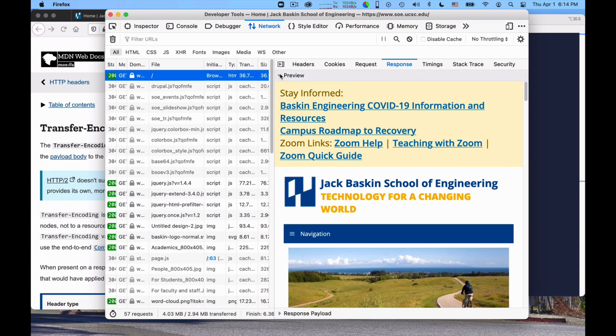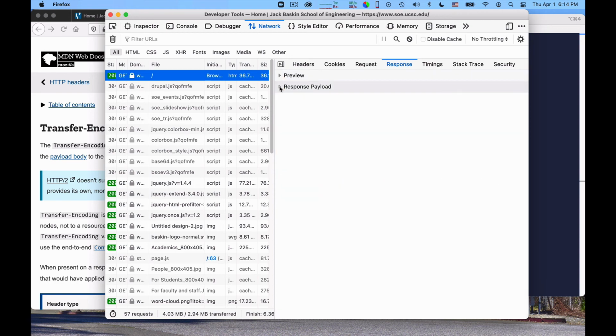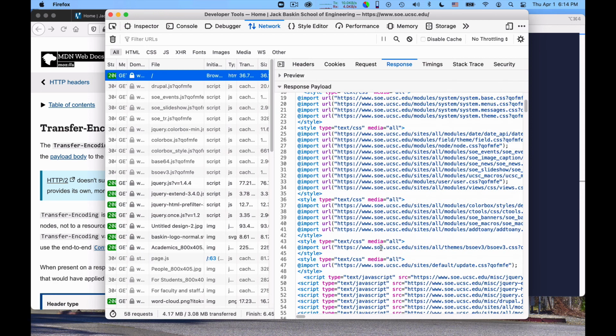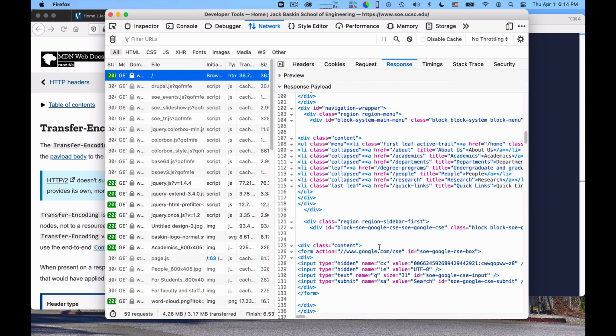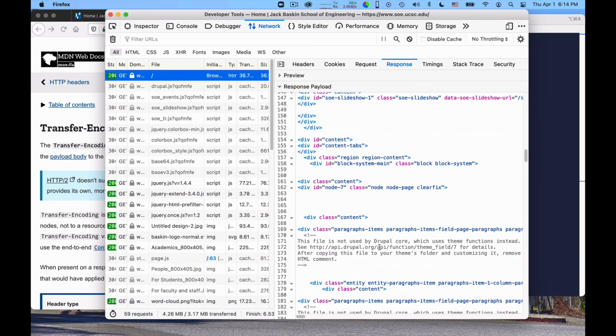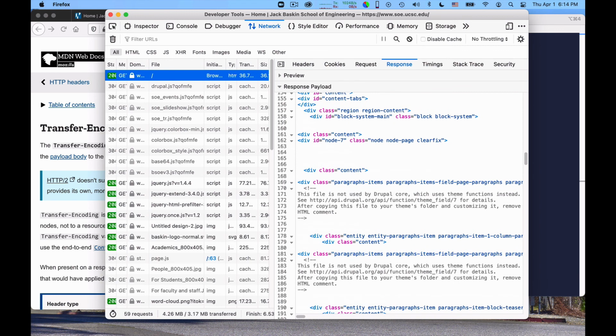I can preview it, or else I can look at the payload. The payload is just the raw page as it was served to me. And of course, being able to look at the raw response is very useful in debugging. Here I'm going a little bit fast, but I think throughout the class we will be looking quite a bit at these network traces, when we request a page and get a reply, because looking at them is one of the main ways in which you do the debugging. If something doesn't work in your site, very commonly you want to see what you asked for and what you got in reply, obviously.